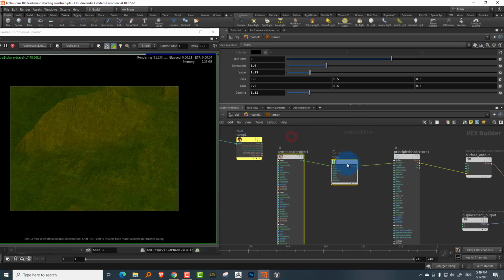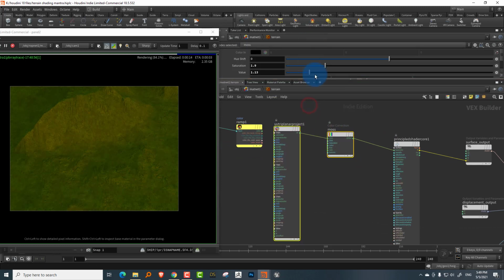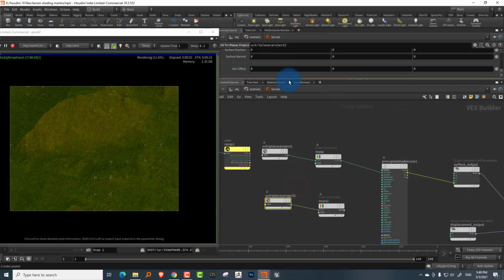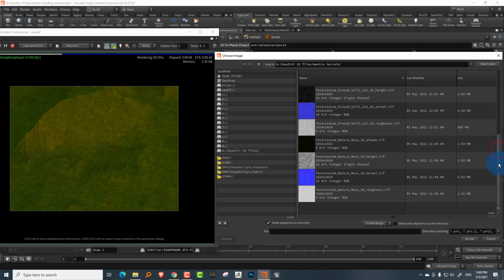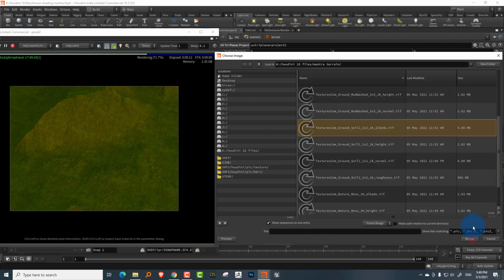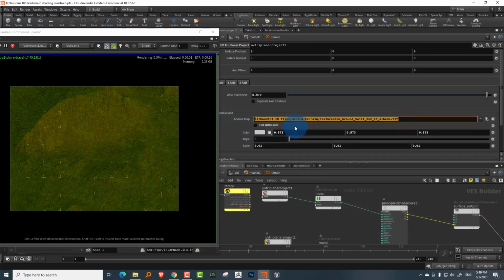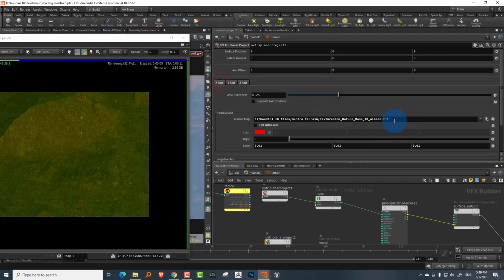And now what I want to do is duplicate this. And in here, I'm going to take the soil texture that I have. So I'll take soil over here and just Control C and put it in all of them.